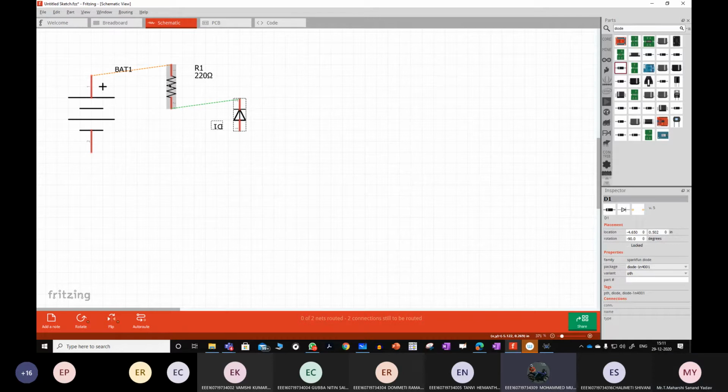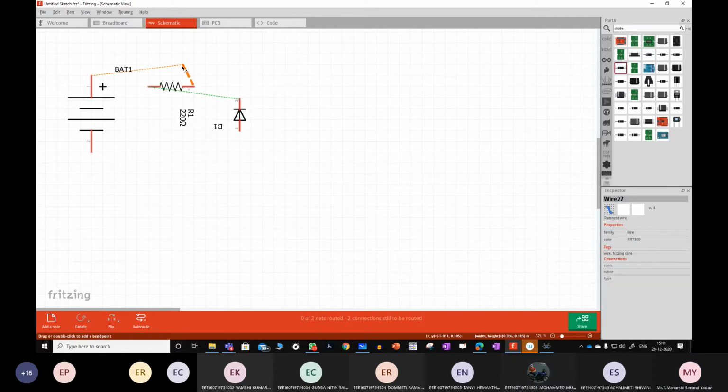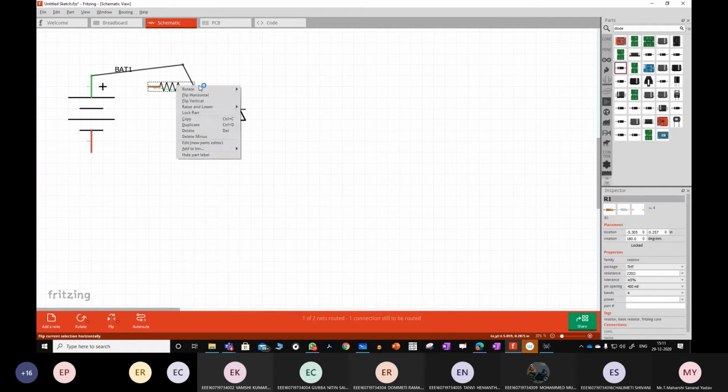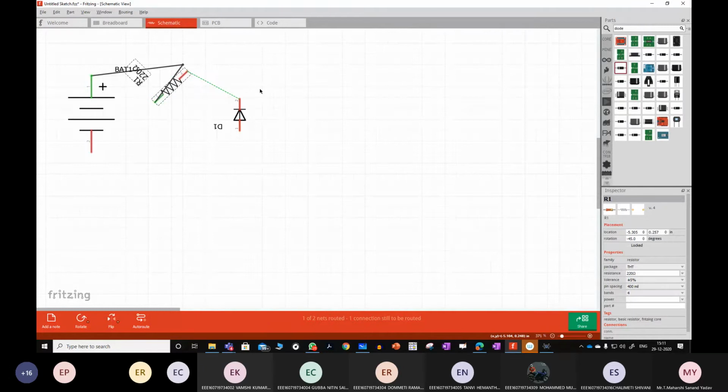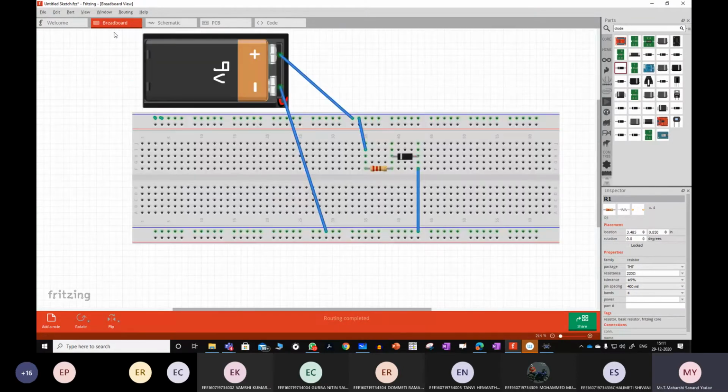Yes, sir. Diode to negative terminal. So here one connection is missing from negative to diode. So how should I connect?